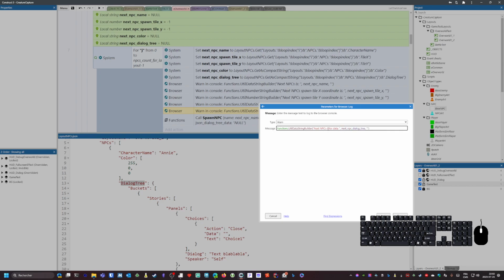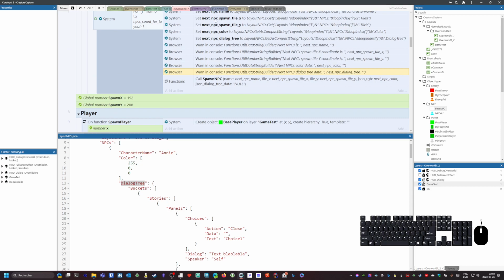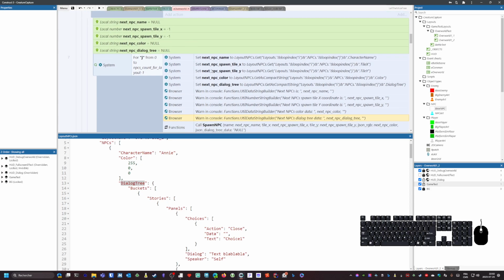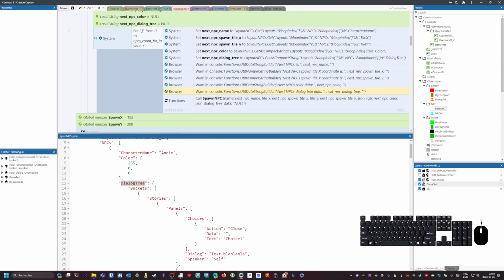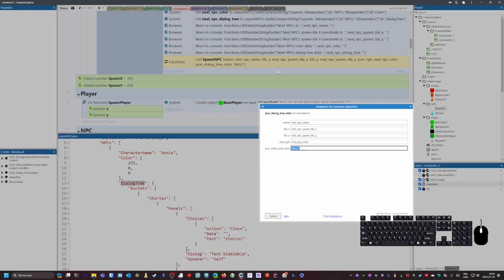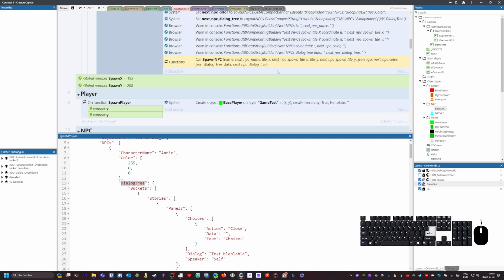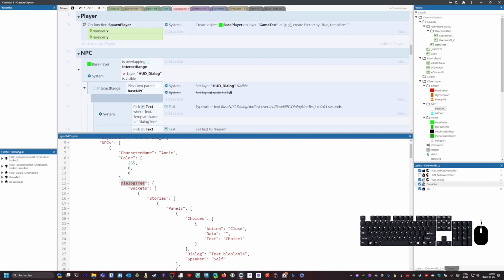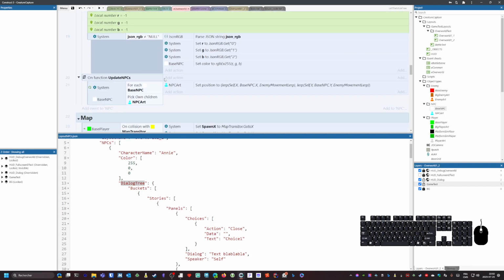We're gonna say next NPC dialog tree data, and then print it. So all of these are going to print, and then we can just send that in. So next NPC dialog tree, we're gonna send that into the function, and as we create the NPC,